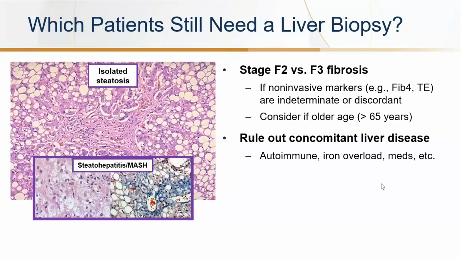So which patients still need a liver biopsy? You do your best to work this up non-invasively, meaning you're doing your chronic liver disease workup, you're doing your fibroscan, but sometimes you get some discordance there, or you get a positive antibody that doesn't quite make sense with the history and the imaging. So unfortunately, sometimes you still need to get a liver biopsy to really figure out what is driving those elevated liver function tests, what is the active hepatic injury.